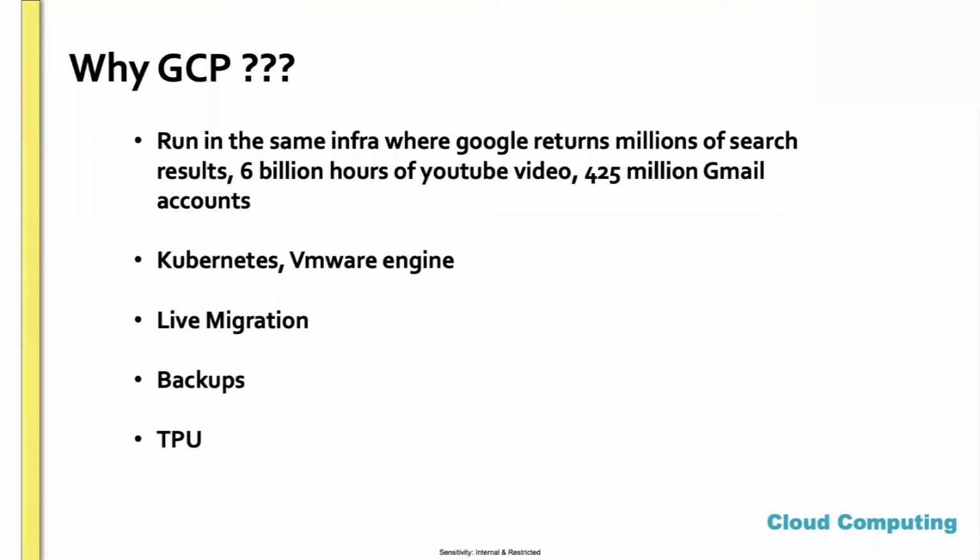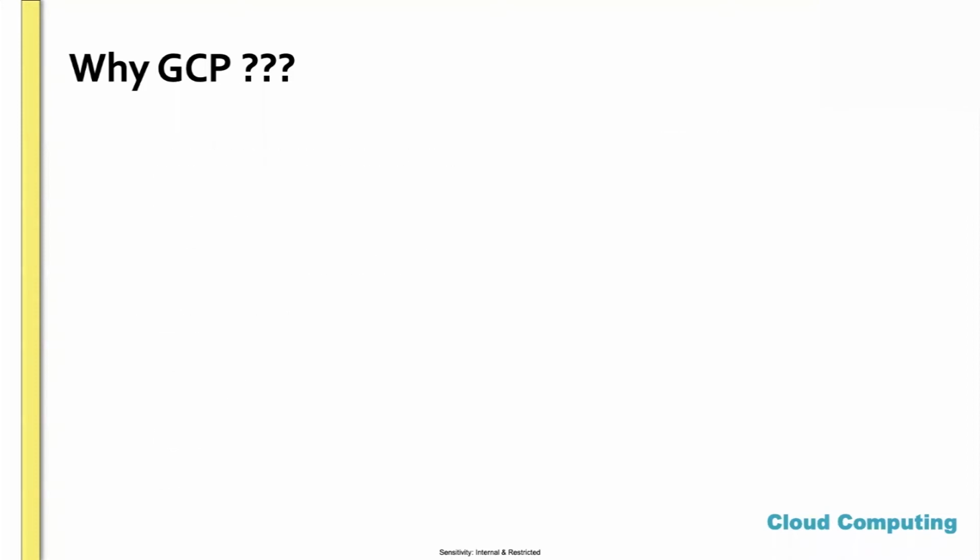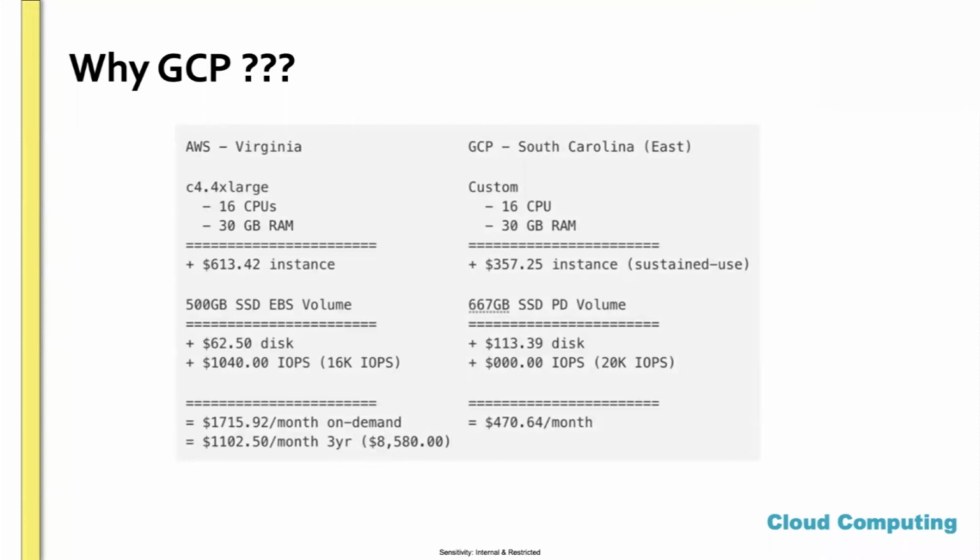TPU, maybe just like CPU, GPU. You might have heard about TPU, maybe. It's not that popular so far. Tensor processing unit, just like CPU or graphical processing unit, GPU, there is another hardware device, the tensor processing unit. So these are some of the areas where customers are finding it attractive and hosting their application in Google Cloud. And price as well. Price is not fixed, anytime it can change, but currently compared to the current standards, the price is pretty cheap, less expensive than other cloud platforms.